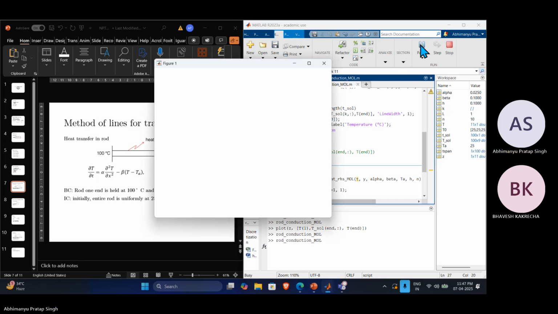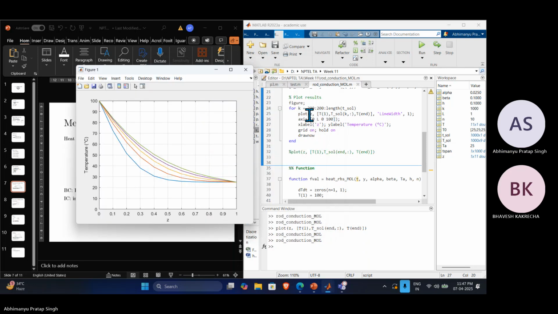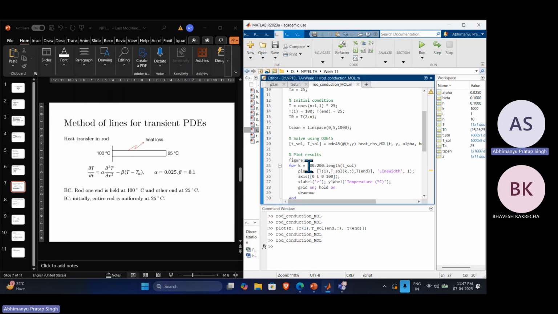Should run. Yeah. So the first one is for T equal to 1, then T equal to 2, 3, 4, and 5. So the last one is for T equal to 5 seconds. So we can see how the temperature changes. If I also plot